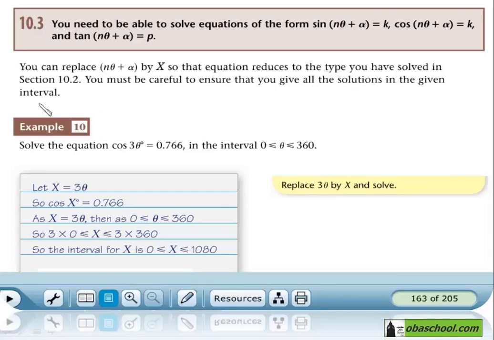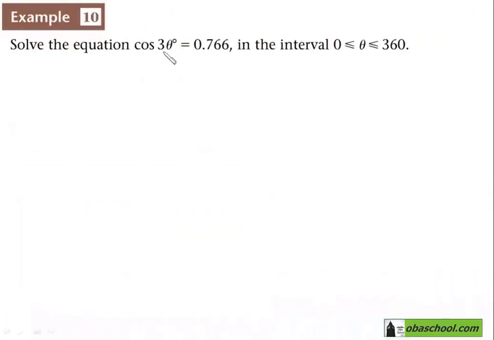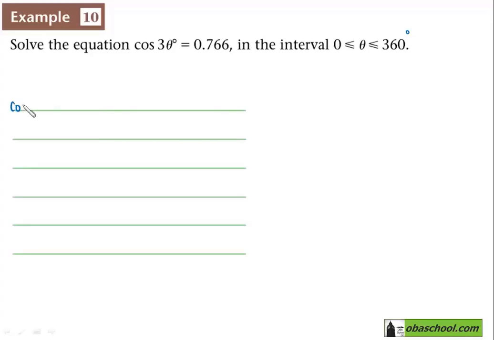We are going to solve example number 10. Solve the equation cosine 3 theta degrees equals 0.766 in the interval where theta is between 0 and 360 degrees. First of all, we have the equation cosine 3 theta degrees equals 0.766, where theta is between 0 and 360 degrees. We say, let x be 3 theta. Thus, cosine x is